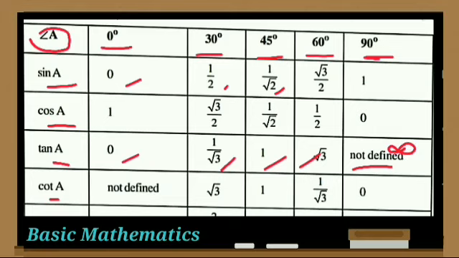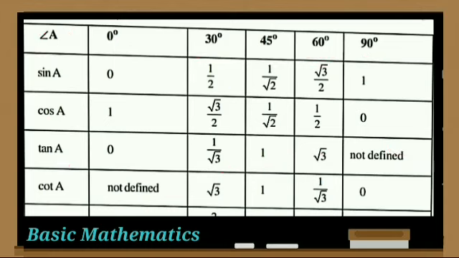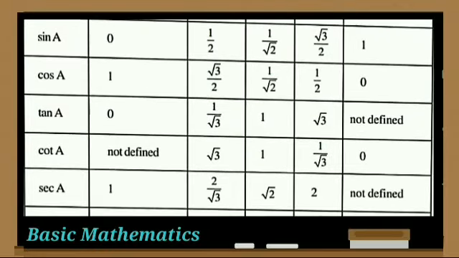Okay. Now we move to the cot function, that means cot A. When we put the value of cot 0, we can say it is not defined. Not defined means cot 0 degree equals infinity. And why is it infinity? Because as we write the reciprocal formula of cot theta, cot theta equals 1 upon tan theta. When tan 0 equals 0, then 1 upon 0 becomes infinity. So cot 0 equals infinity. Is it clear to you?